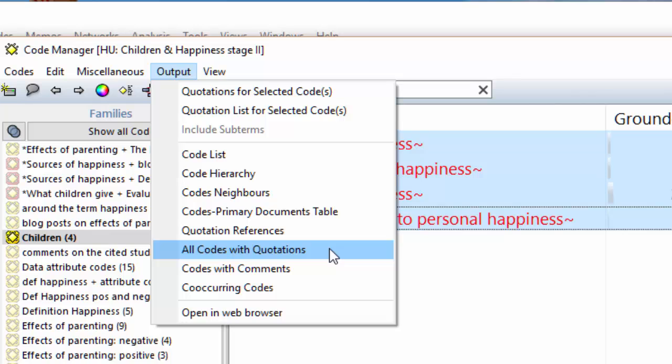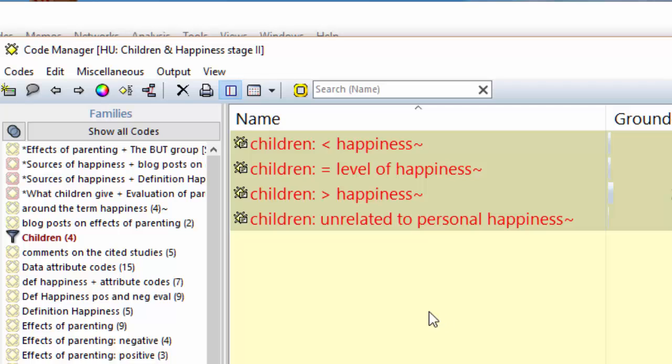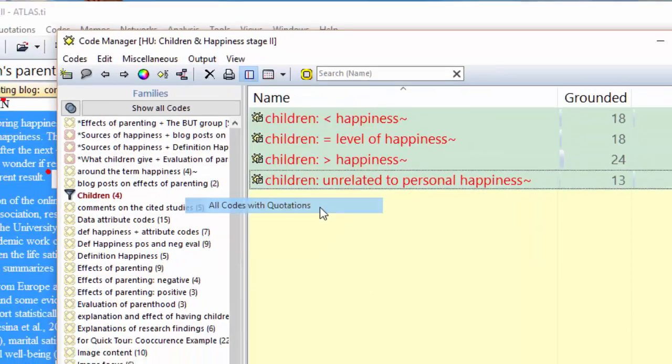But in order not to get all codes, I don't know how many codes I have in the project, but quite a few, that will be a very long report. If you only want the quotations sorted by codes of that one particular code family, well, we then set this as global filter. Now all of the other codes are out of view, they're temporarily not available in the software. And if you now create the output, we select then the 4 codes here, choose output, and then all codes with quotations,